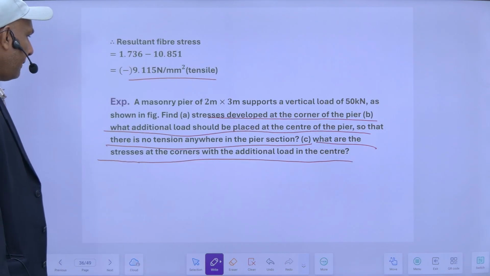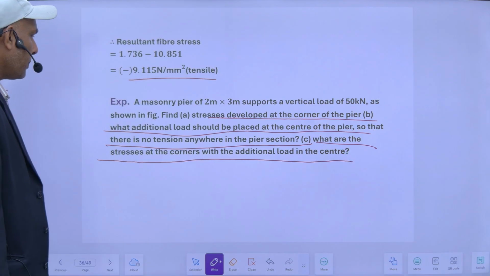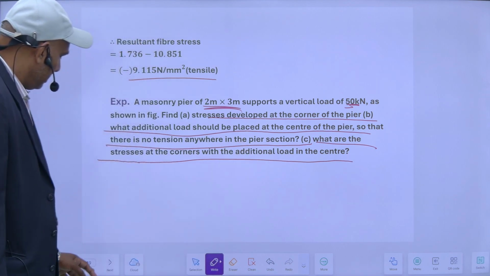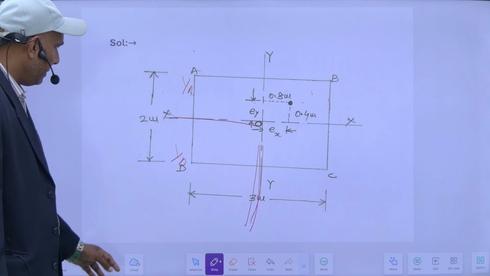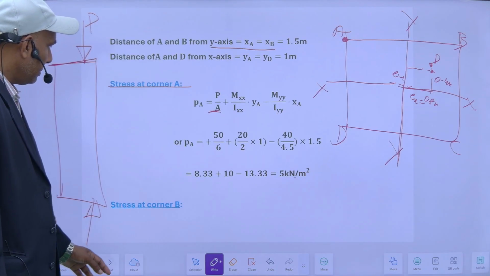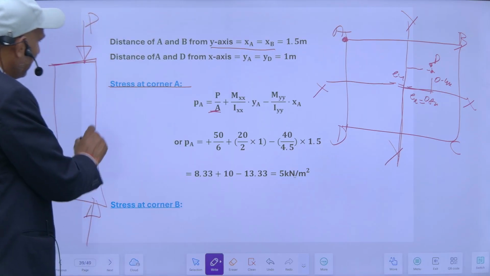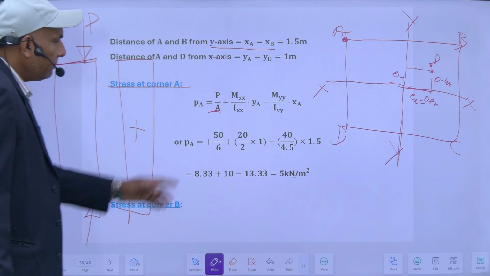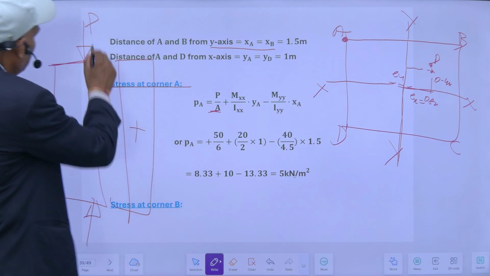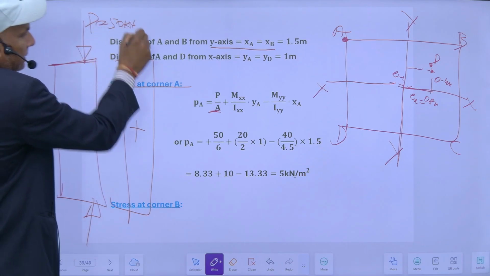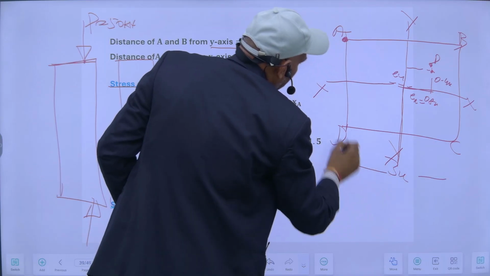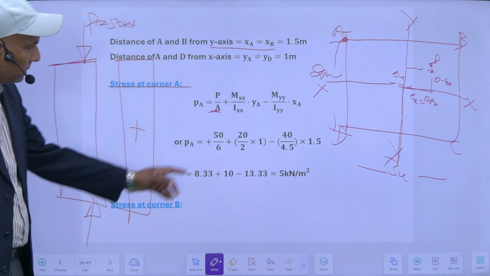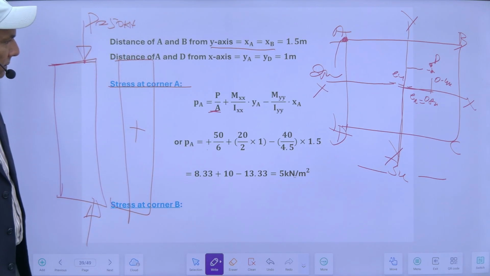So my P is 50 kilonewton divided by this area, 2 into 3. So that will give P upon A. So this will be throughout compressive. So it will be 50 upon 6. 50 is the load and it is 3 meter and it is 2 meter this length. So area will be 2 into 3. So this will be throughout compressive. Plus